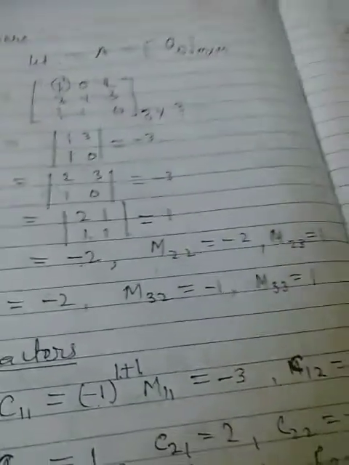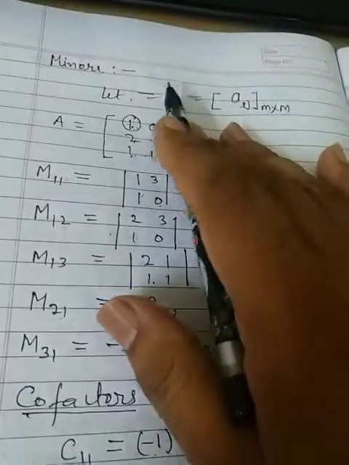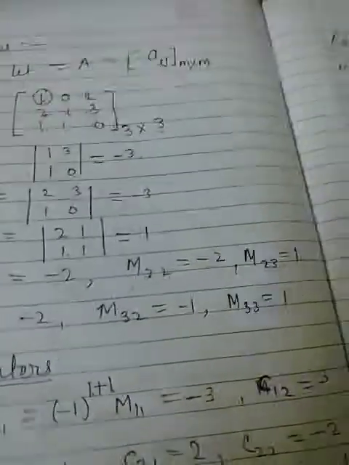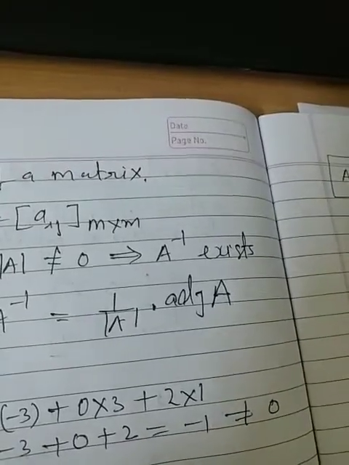So I leave it to you to check each and every calculation properly, to find the minors, cofactors, adjoint and the inverse of the matrix, and then you will check. This is your homework, and then you will tell me whether we have calculated everything in a proper way or not, and that will decide whether you are learning or not. I am not making sure that whatever I have done is correct. The calculation you have to check.